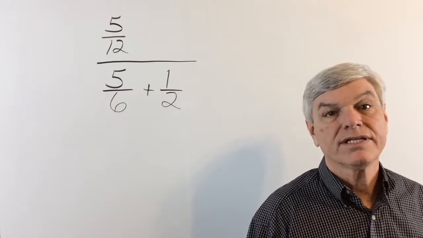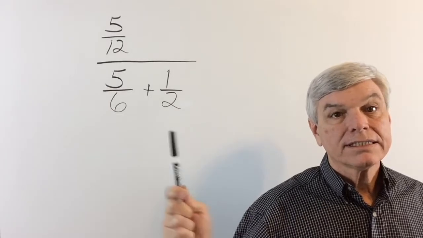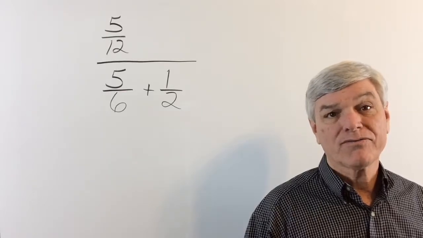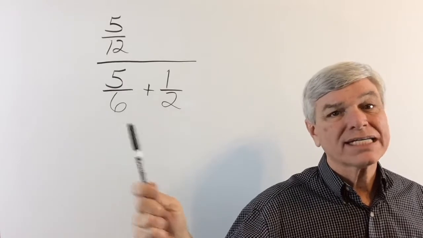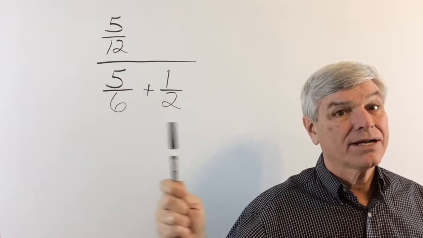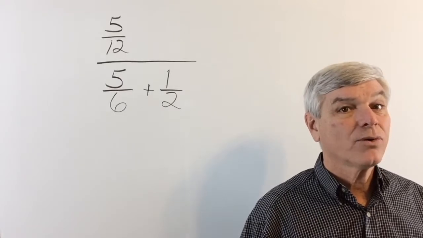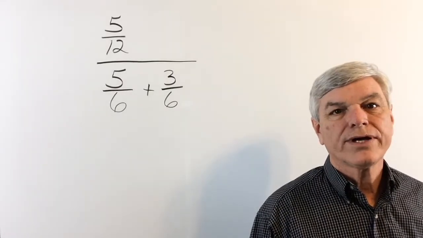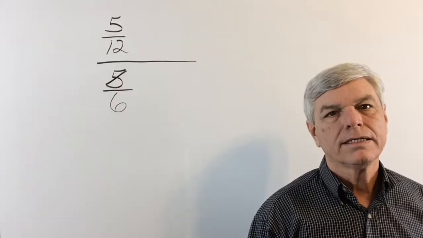Good. And now let's move to the denominator. And the denominator of the denominator does not have a common denominator. When I say denominator of the denominator, remember we're doing fractions over fractions. Okay, so to add these two fractions in the denominator, we need to have a common denominator. And so 6 and 2, the common denominator is going to be 6. So I need to change that 1 over 2 to 3 over 6, and now I can add them, and it's going to be 5 plus 3,